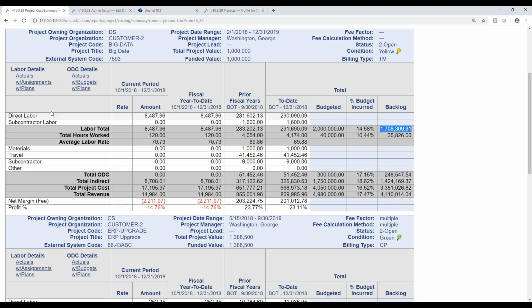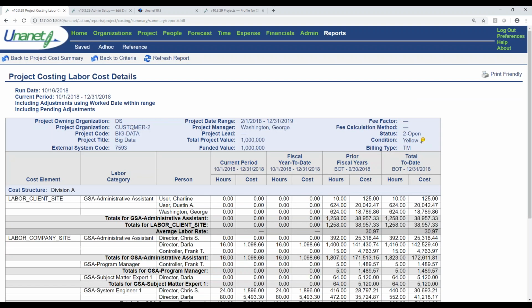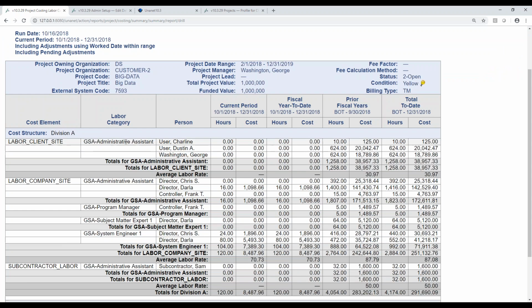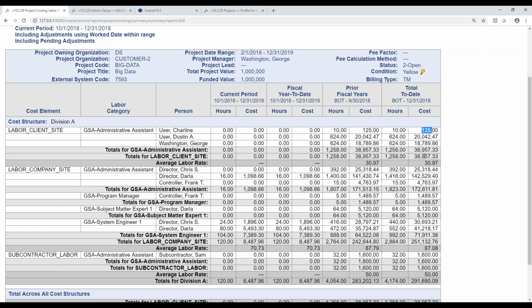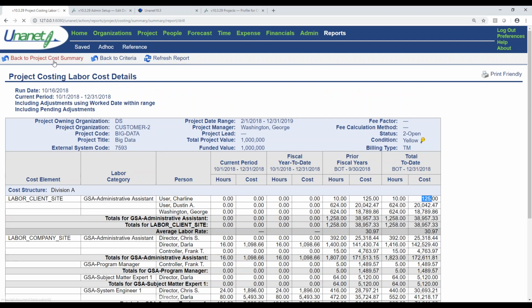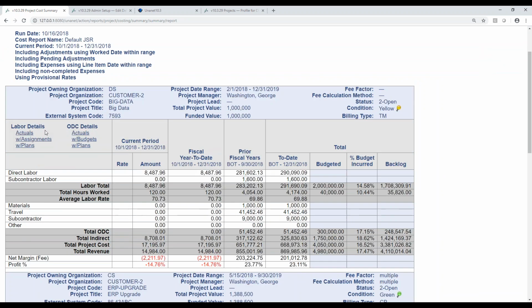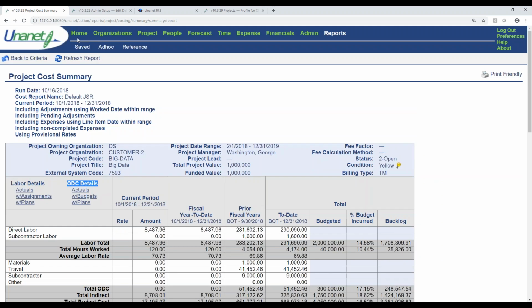What's powerful about this report is you can actually click in, because Unanet is one integrated database of all this information. You can go in and see, okay, Charlene charged to this project as an administrative assistant, and you can see how many hours and what the cost rate was that she booked to this project. You can see that from the labor's perspective, and also from an ODC's perspective.